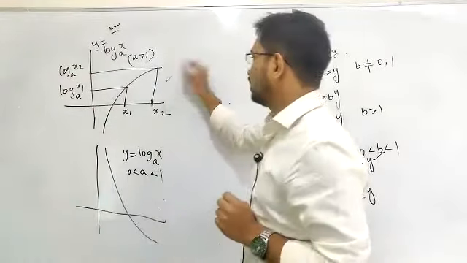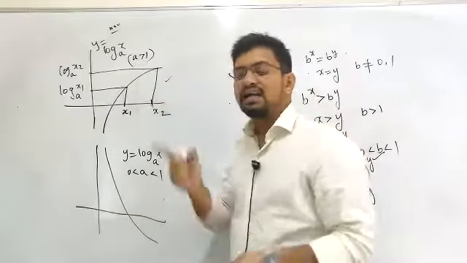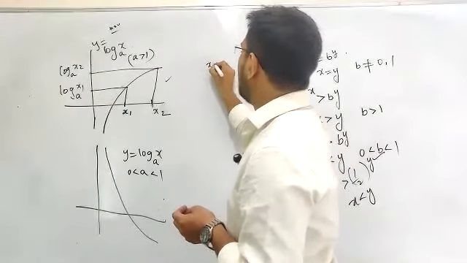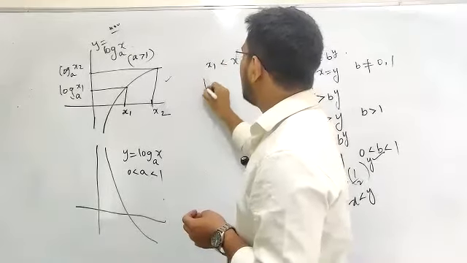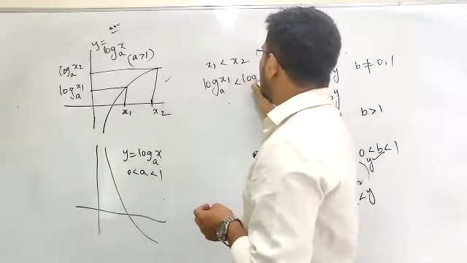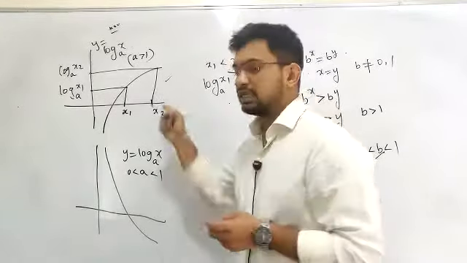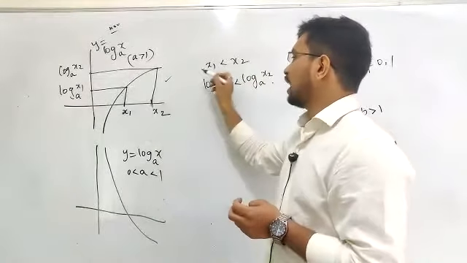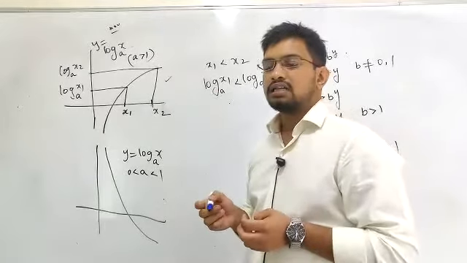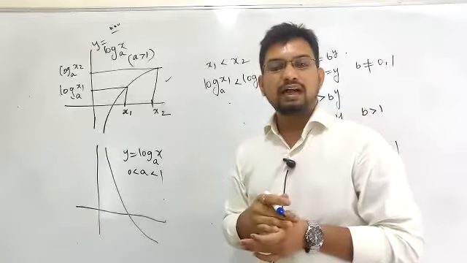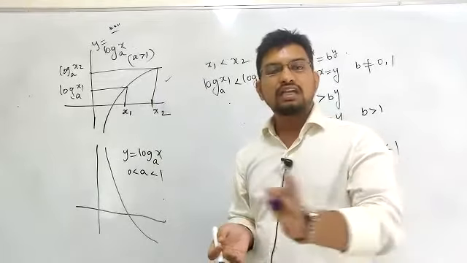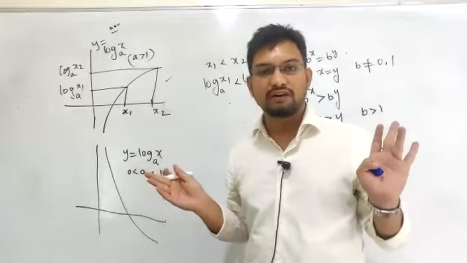Taking this into consideration, as this is a strictly increasing function, we have discussed this nature of the strictly increasing function. I'll write: if x1 is less than x2, I will be writing log x1 to the base a is less than log x2 to the base a, from this graph. From this graph, we write x1 is less than x2, and from that I'll be writing log x1 to the base a is less than log x2 to the base a. That is, y1 is less than y2. Writing y1 is less than y2 is straightforward and understandable from the strictly increasing function.